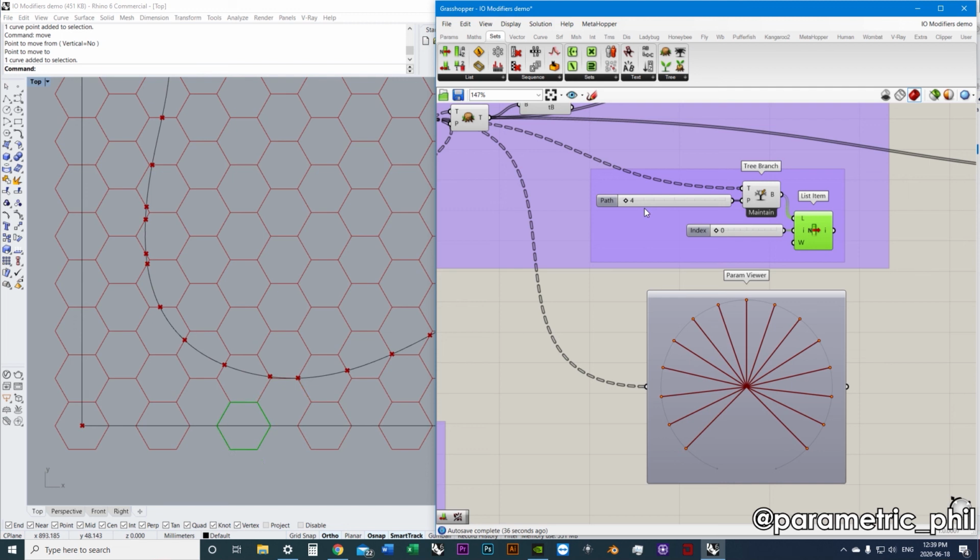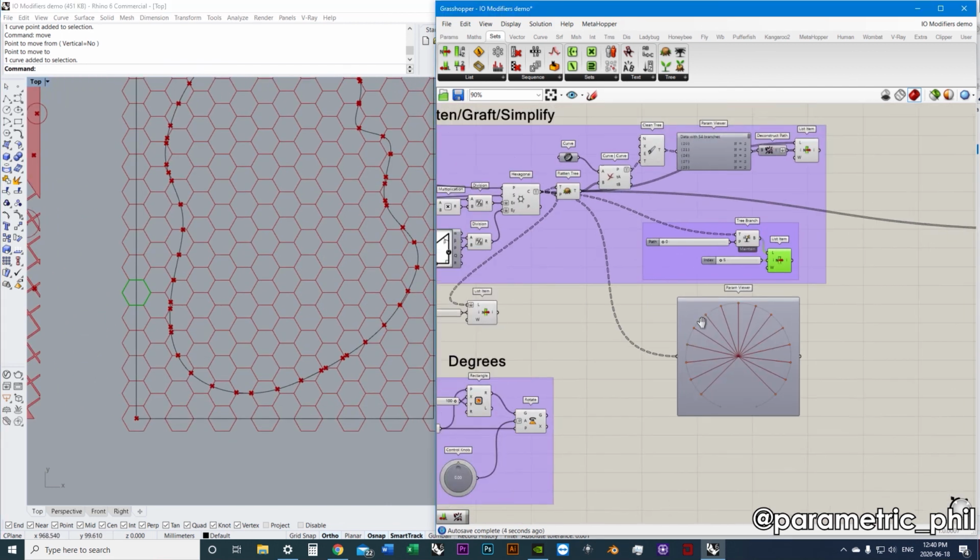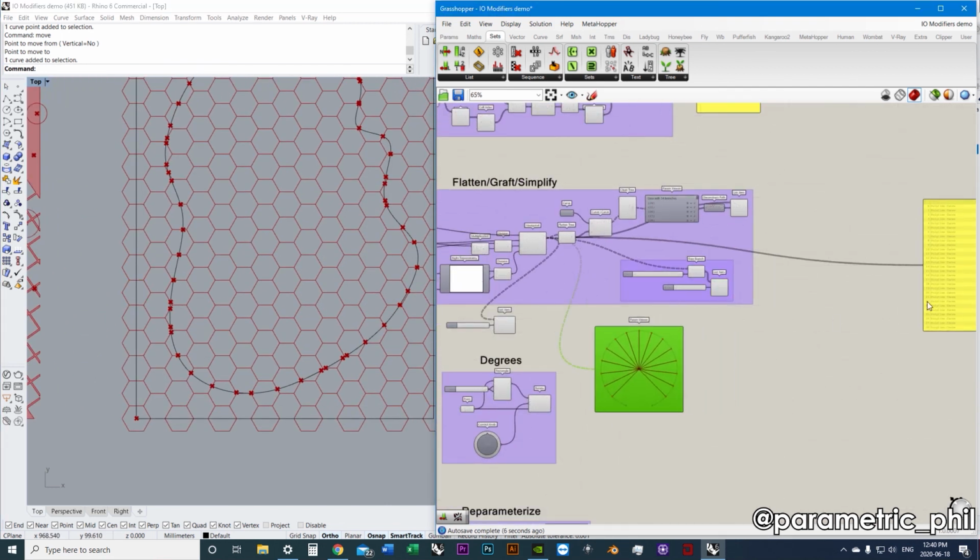And so the paths are, so we can start to see how the branches are being constructed in the actual model. And if we move our list item, we're actually going to be going in the y direction. All right, so if our y direction is in an index of 5, we change our path, we're going to go across like this. Okay, so what you can see now is that when you're looking at these branches,